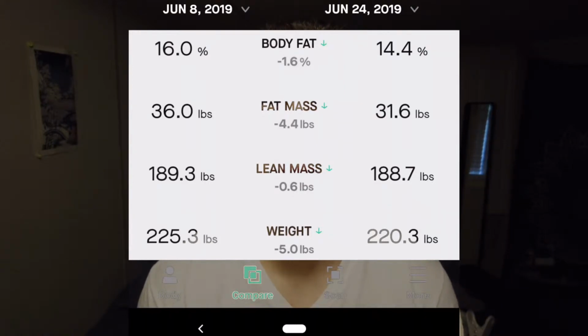So basically, last week, 16% body fat, 225 pounds. Not last week, but whenever the scan was, I think it was like June 8th. So it's been like a couple weeks. So that was the last scan. The scan that I took this morning, 14.4% body fat at 220 pounds. So I think I have lost about half a pound or like a pound of lean mass, and the rest